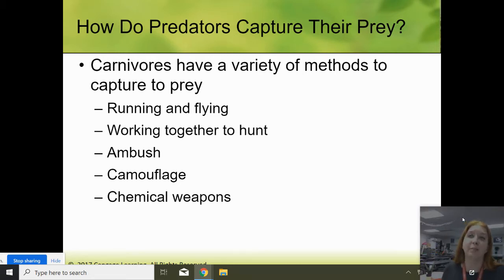How do predators capture their prey? So carnivores have tons of methods that they can use to capture the prey. They can run really fast, they can fly, they often work together to hunt. Lionesses will work together to bring down a larger animal. Ambush always works nicely. Camouflage, some of them are lazy and they just kind of hang around until the prey walks right past them and then they'll jump out and grab it. And then chemical weapons, whether that is